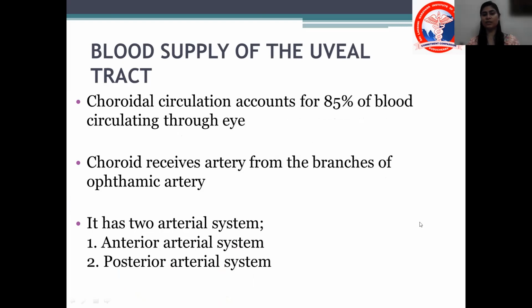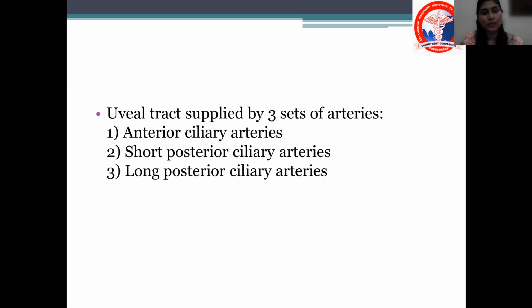The choroidal circulation accounts for 85% of blood circulating through the eye. The choroid receives arteries from the branches of the ophthalmic artery, and it has two arterial systems, the anterior arterial system and the posterior arterial system. The uveal tract is supplied by three sets of arteries: the anterior ciliary arteries, the short posterior ciliary, and the